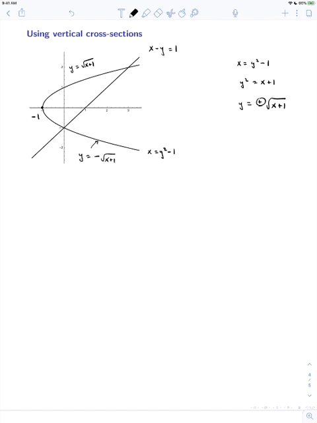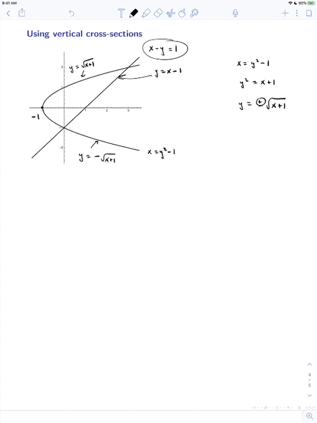So it is possible to view all of these boundary curves as functions of x. So the line here, we can just solve that one for x, and that's going to give us that y is equal to x minus 1. If you just add the y to both sides and then subtract the 1, that's what you'll have. So you can view all of these regions as functions of x in that way. So what does that do for us? That means we can compute